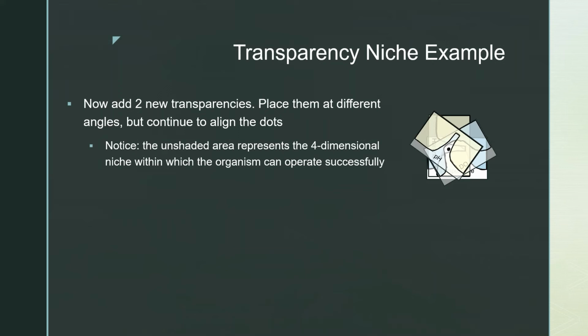Now if you take that third, and this is where things begin to become difficult for us in envisioning more than 3 dimensions, place it at some different angle. Now this isn't exactly what 3 or 4 dimensions looks like, but if you place it at a different angle,